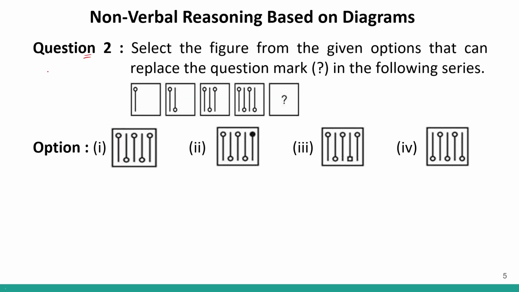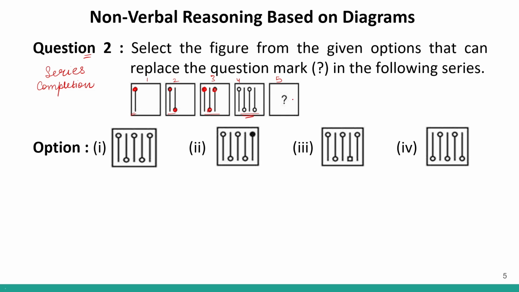We have question number 2. This is on series completion. We are given 4 figures, 1, 2, 3, 4, and we have to find out what will be the 5th figure. So in this I can say that each time one arrow is being added. So this is 1, then this becomes 2, 3, 4. And each time the arrow is being added in the opposite direction. So if the head was over here, the next time the arrow head is over here. Similarly, if the head was over here, the next time the arrow's head is here. And similarly in the 4th also.